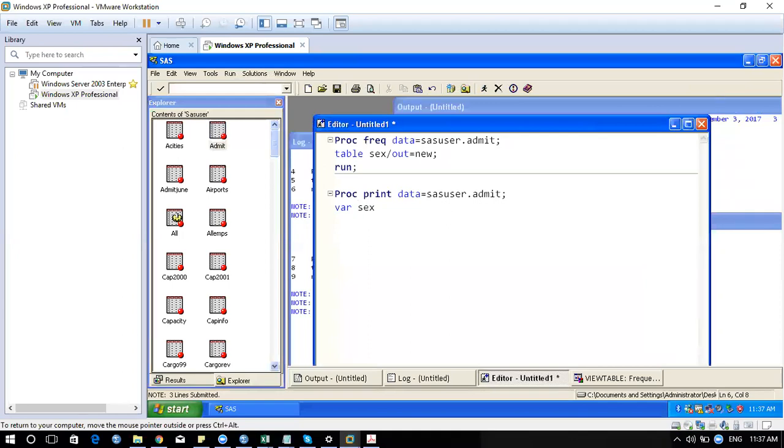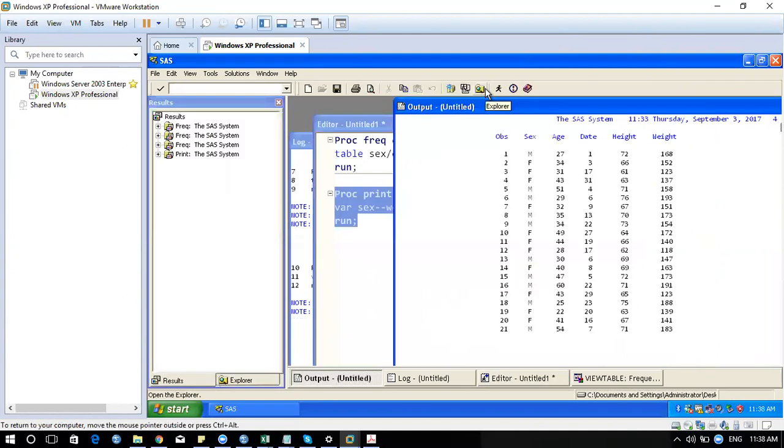I can say sex, double hyphen, weight. So while getting output, what will happen? You are getting output starting from sex to weight. Whatever is in between these variables, starting from sex to weight, everything is going to be covered.